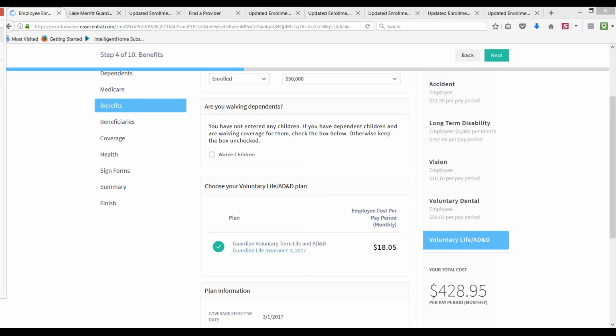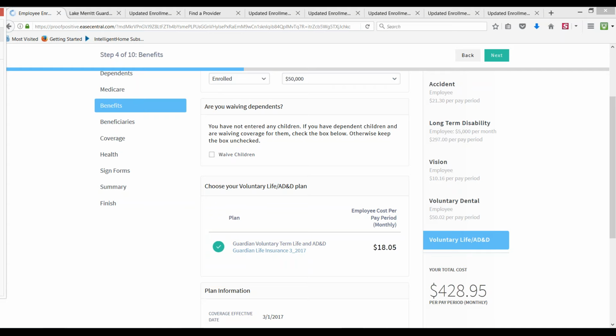Your guaranteed issue amount, which is awesome, is $150,000. So you can get up to $150,000 of term life insurance without blinking an eye. Your spouse can't get as much. They can get a little benefit. I think it's at 20, let's see. Nope, the spouse is $10,000 that they can get guaranteed issue, so you can get that for them as well.